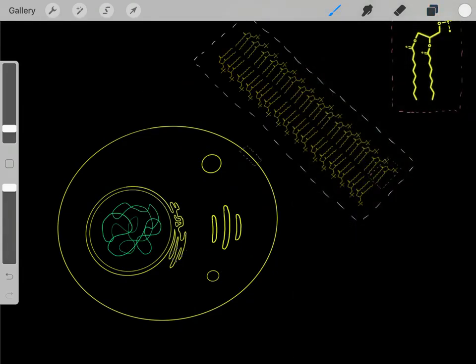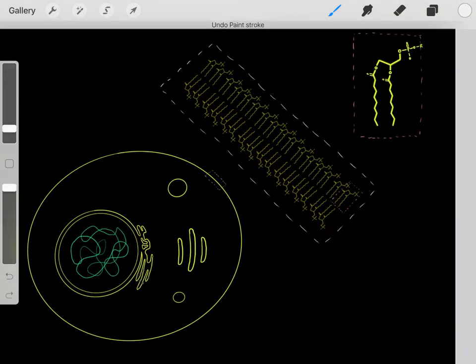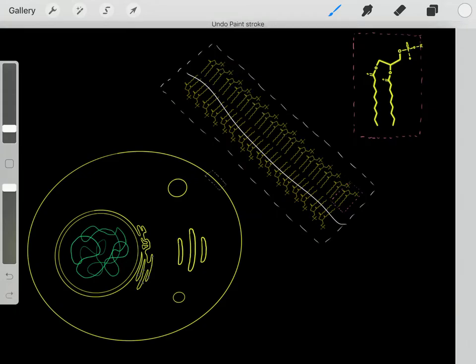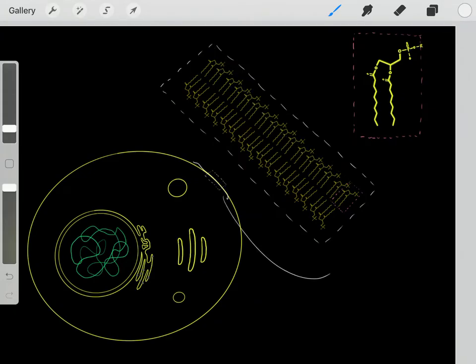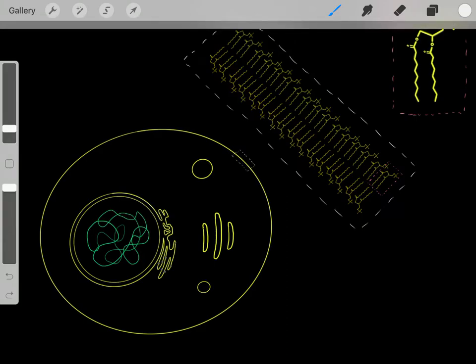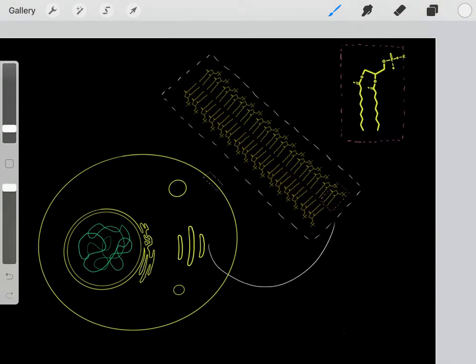Well, first of all, we know we have the plasma membrane, and we know this plasma membrane is made out of these phospholipids. For example, we drew a phospholipid here. So we have this bilayer membrane made out of these phospholipids, these two layers of phospholipids. But that's not just true for the plasma membrane. Also, the lysosomal membrane and the Golgi membrane and the endoplasmic reticulum membrane are each made out of these bilayer